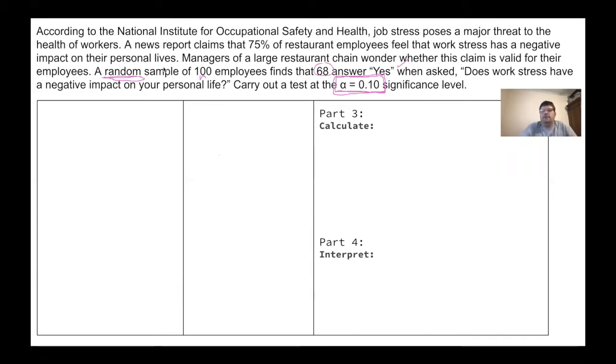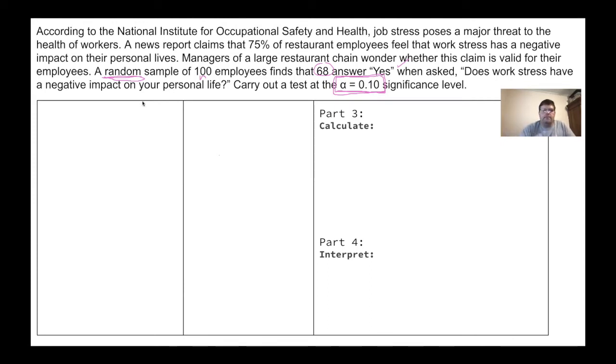Now, let me be honest with you for a minute. If it says do a significance test, all of these pieces are going to be met. You just have to find them and make sure you state them. But there are times when they ask you questions, can you do a test? And then you actually may find or not find reasons why you can or cannot do the test. So don't be confused by the fact that in these videos, I'm doing the test every time because I can,